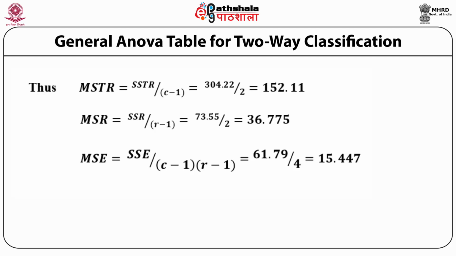Column we have 3, so 3 minus 1 it is equal to 2, and it comes out to be 152.11. MSR is again SSR upon R minus 1, that is 73.55 upon 3 minus 1, that is 2, and its value is 36.775. MSE is SSE upon C minus 1 into R minus 1, and that is 61.79 upon 4, and it is equal to